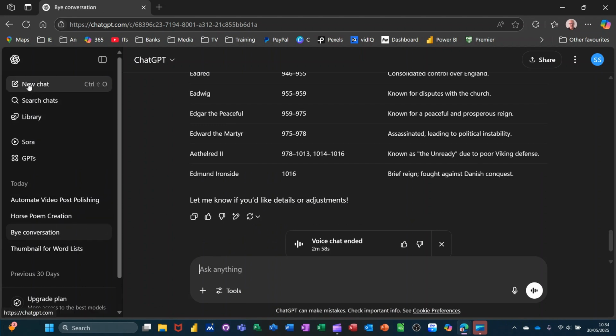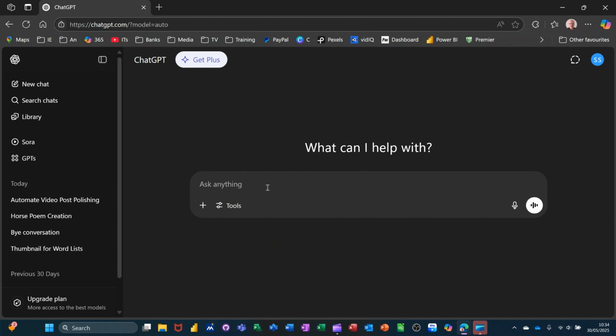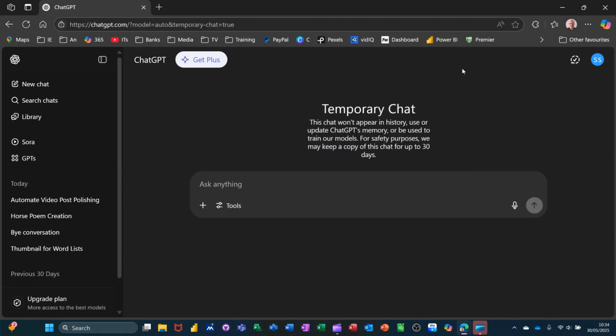If I create a new chat, what you have in the top right hand corner is this little symbol which allows you to create what's called a temporary chat, which doesn't record the history, so it won't appear over on the left hand side. So this is a temporary chat, and if I ask it something, so I'll just say